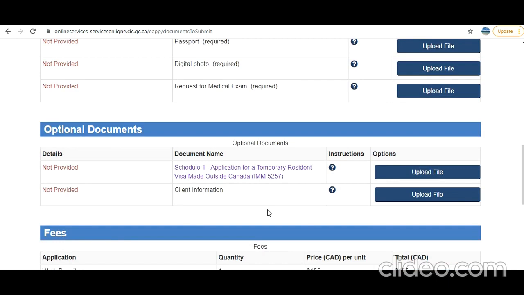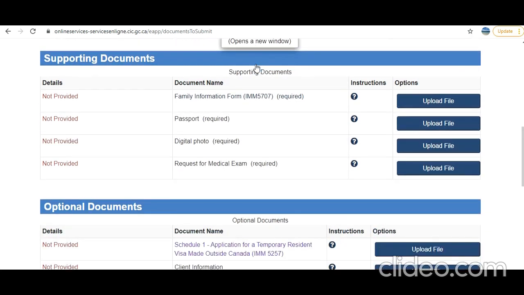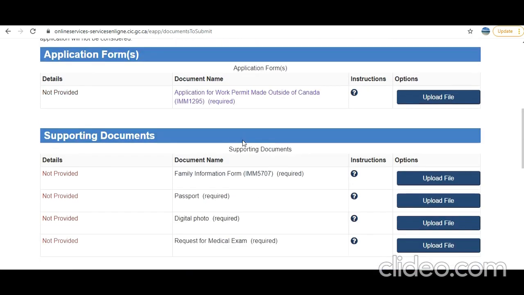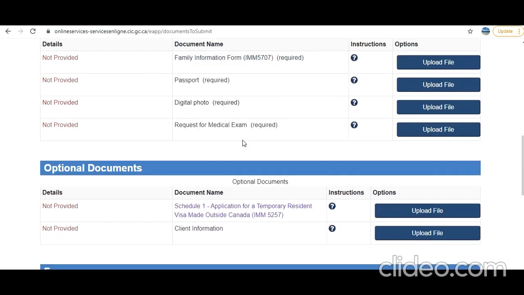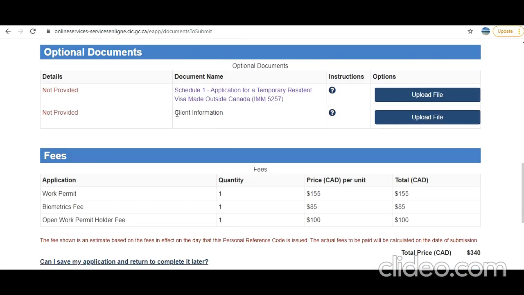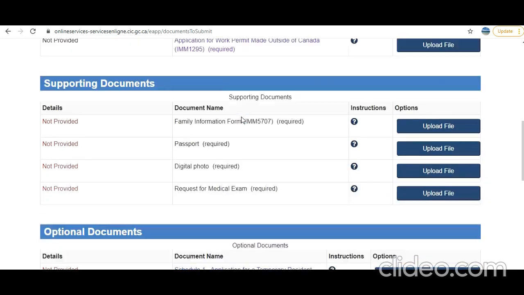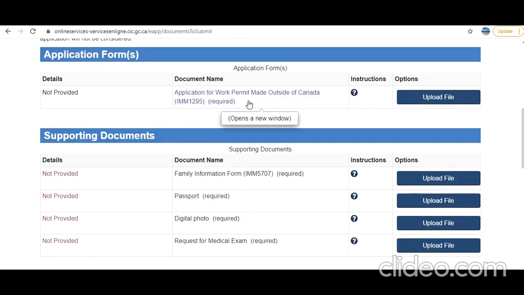One thing that is really important here: he is applying on behalf of his spouse who's in Canada, so he needs to provide that information. Like his spouse's work permit, passport and other documents. Although we don't see a slot over here, I would highly recommend uploading them under client information and also describing your case. That is a very good opportunity for you to explain your case, and it should make sense. Always review it. Alright, so we'll start with this form.